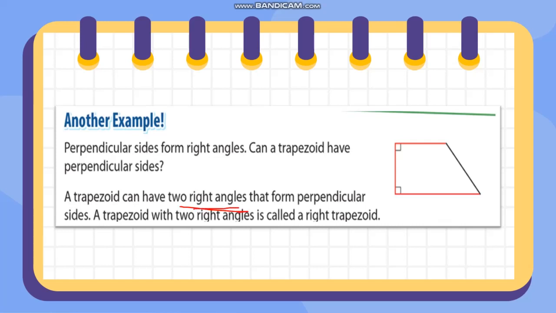So this is the first right angle, the second right angle that forms the perpendicular side, okay? So this is one perpendicular side. A trapezoid with two right angles is also called a right trapezoid. So it means a right trapezoid is a family of trapezoid and a family of quadrilateral because it has four angles